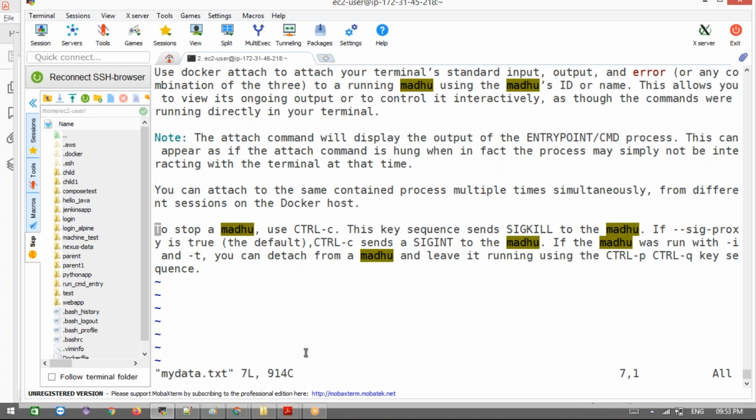For example, I press shift colon, then percentage s, and search for Madhu, the places where Madhu is located. I'm going to discuss this in a separate class, but there is another way also.